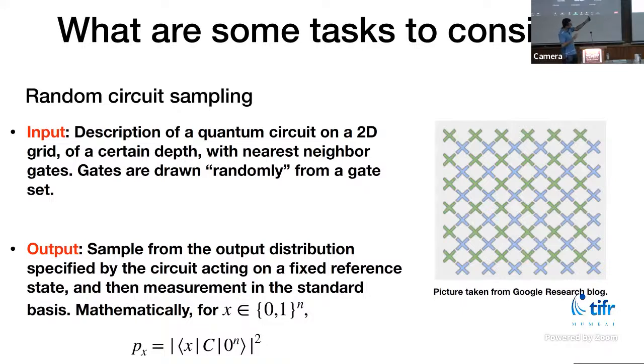That fact will play a key part in the complexity separations basically. And secondly, the fact that the gates are drawn at random and then we run the circuit is something that's conveniently doable by the hardware of these companies. So that's why they chose this problem. Their hardware is tailored for these types of tasks.